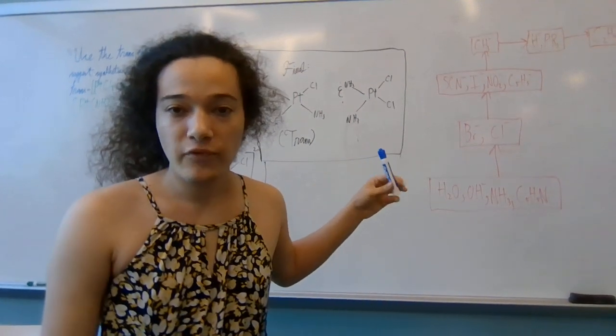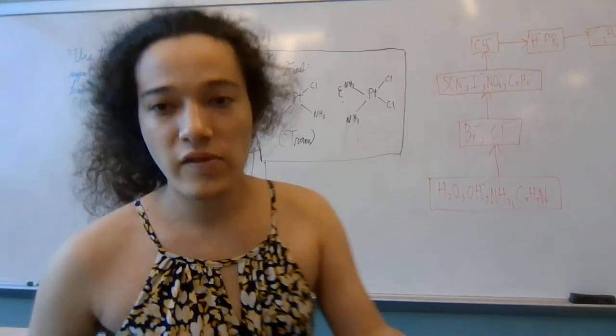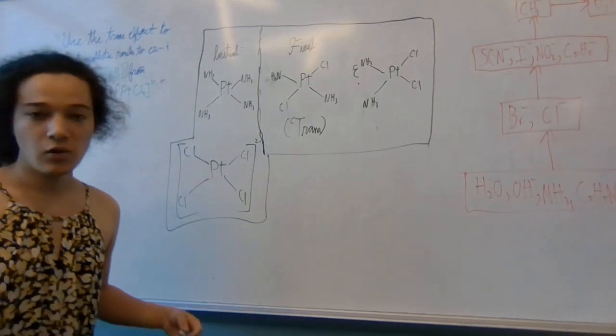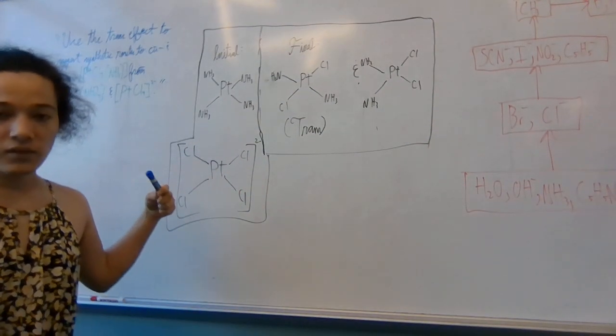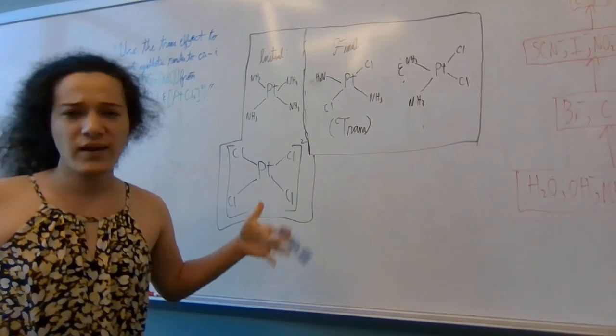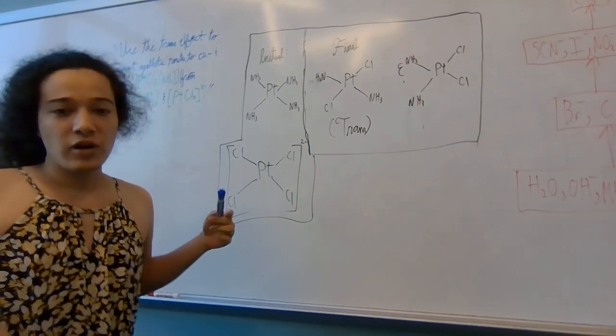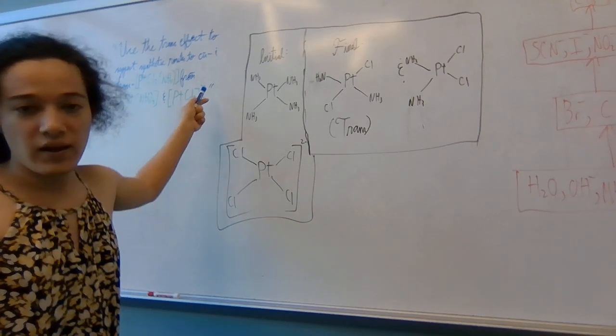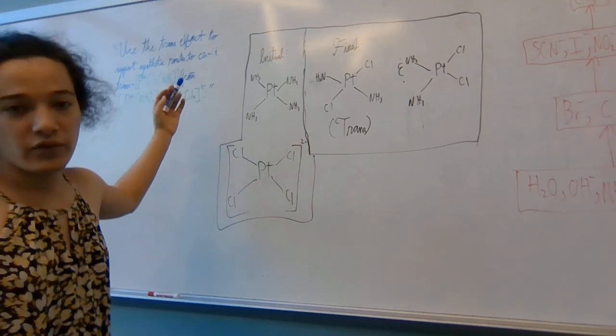We will be doing a problem from the book about the trans effect. Let me move this closer for audio reasons. So, the problem says, and this is from chapter 21, I believe they work out the solution for you. The problem says to use the trans effect to figure out a synthetic route to get